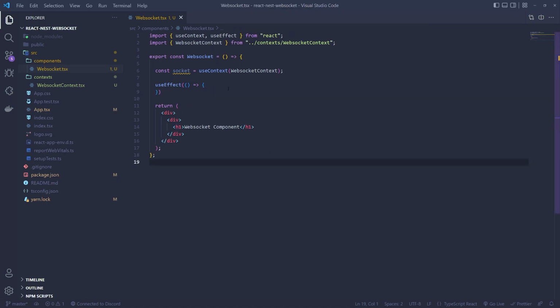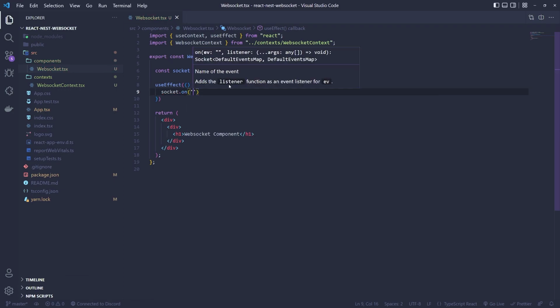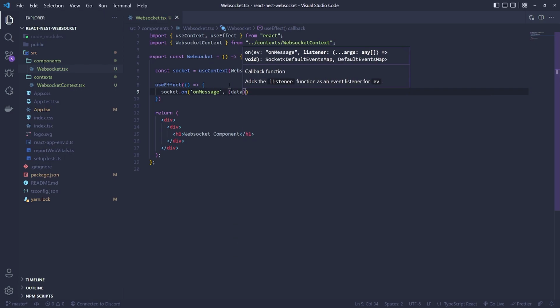So what I'll do is I'll reference the socket instance and call on, and this is just going to expect an event name. So I'll pass in the onMessage event, and then a callback function, which is the listener. This function will be invoked when our socket client receives the onMessage event from the